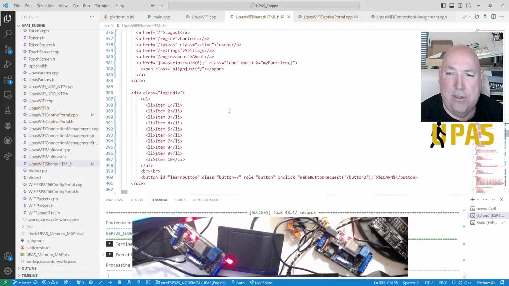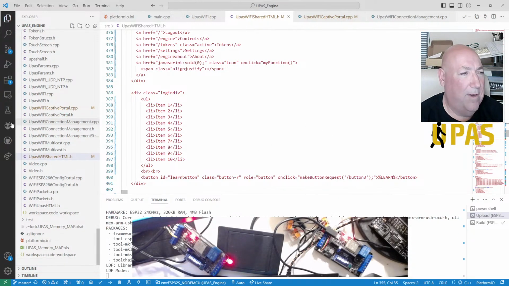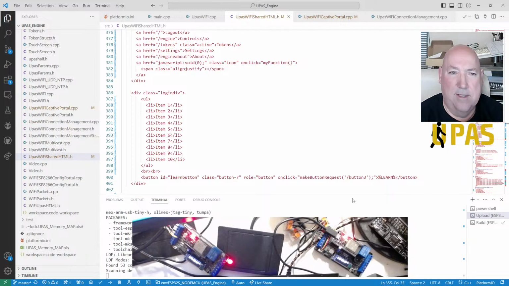We're using Visual Studio Code with PlatformIO to do the firmware for this ESP32 Wi-Fi smart IoT device. Don't know if you know about smart IoTs, but anyway. So it's based on Arduino core, but I've turned it into C++.